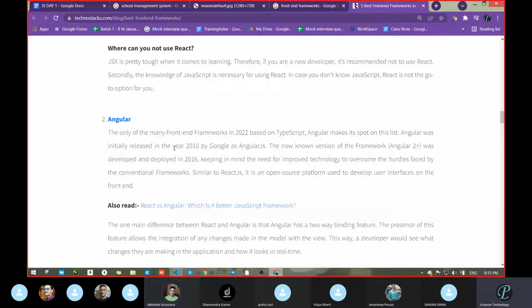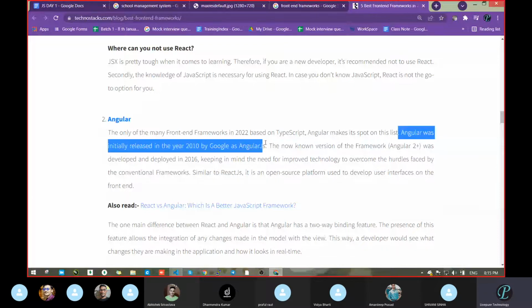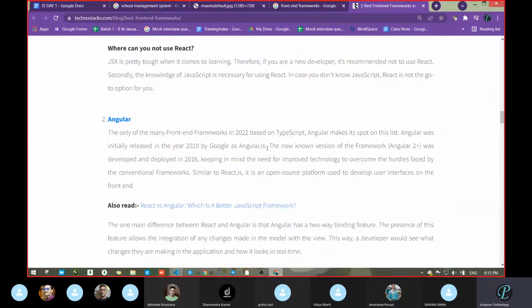Angular was first released in 2010. But what was there in 2010 and what came in 2016 are both different. We will learn this deeply in the Angular course.